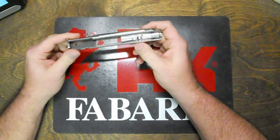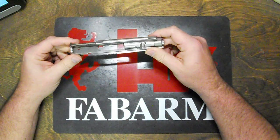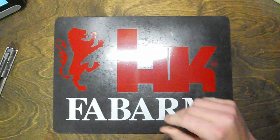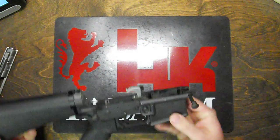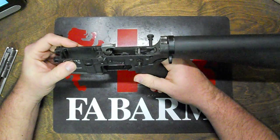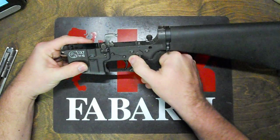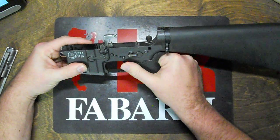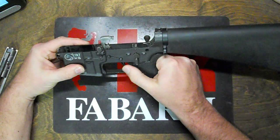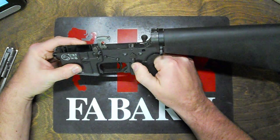To use this in an M16 lower, you have to understand how an M16 lower works. In the lower, you have 3 positions: safe, semi, and auto. To use the auto position,